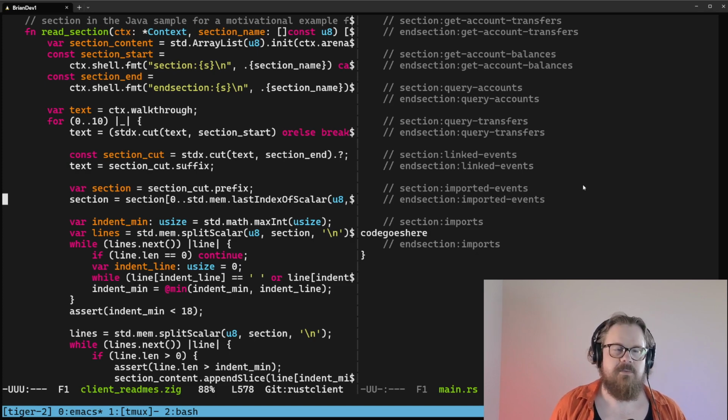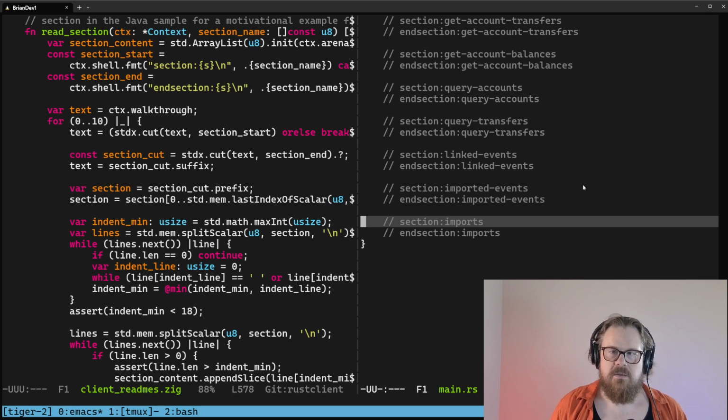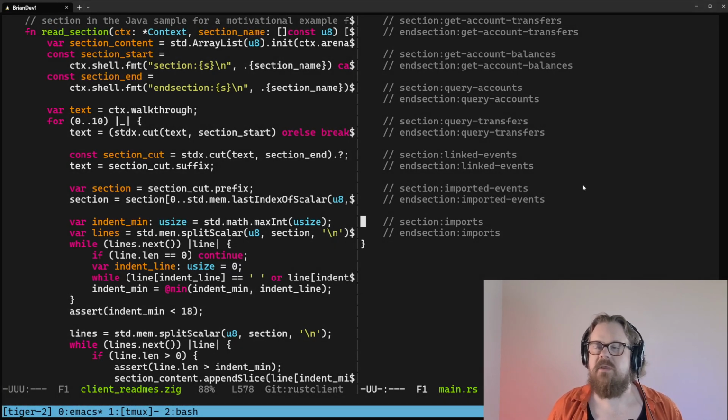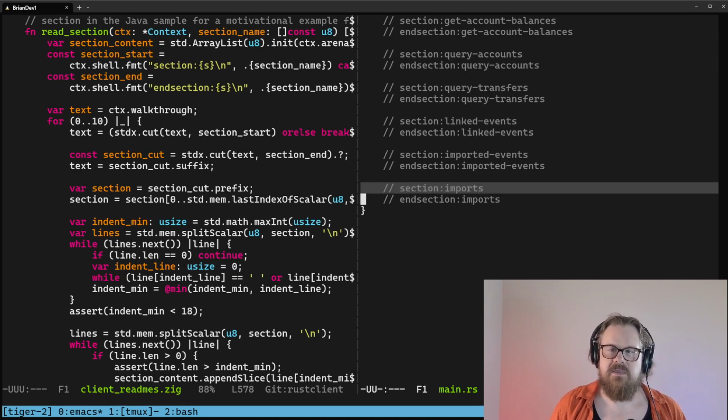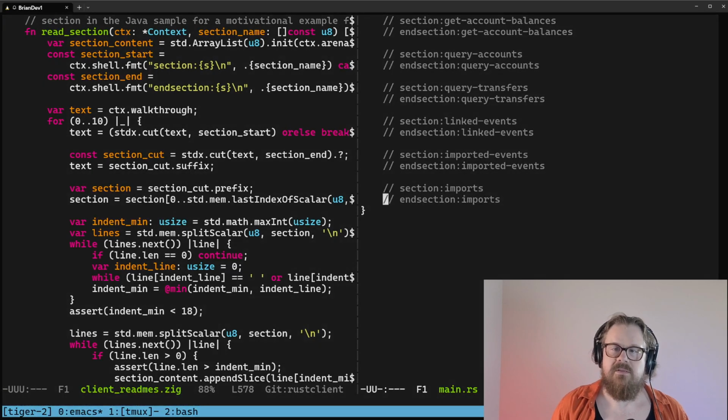I don't think that's the problem. I don't think there is no new line here. There is no new line here. So the section parser is throwing away this first line. Oh, can you see that above my head? Yeah, you can. So this first line is getting thrown away. This end section tag is getting thrown away, probably to the end of the line. And what remains of the section here is this. And then this follow-up